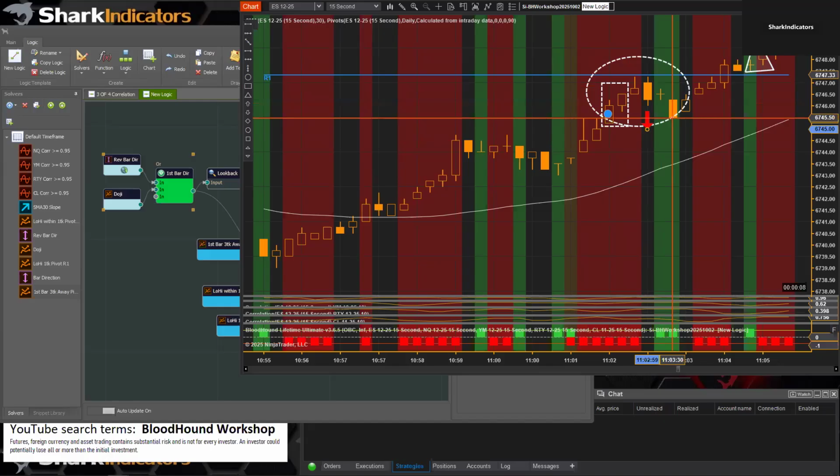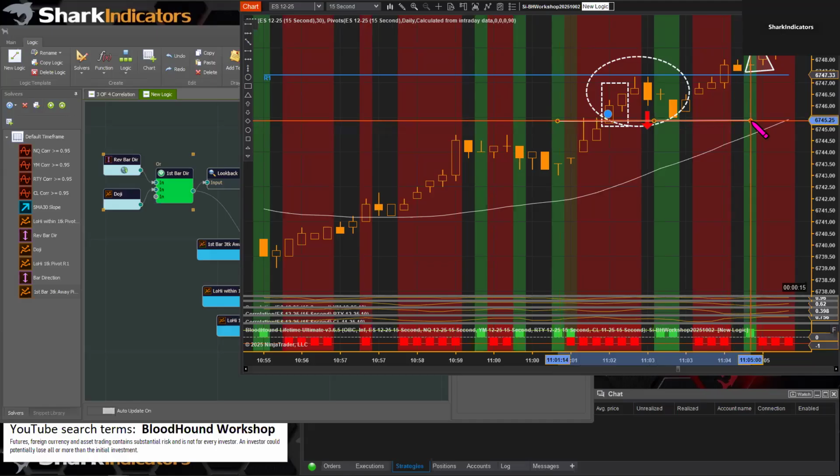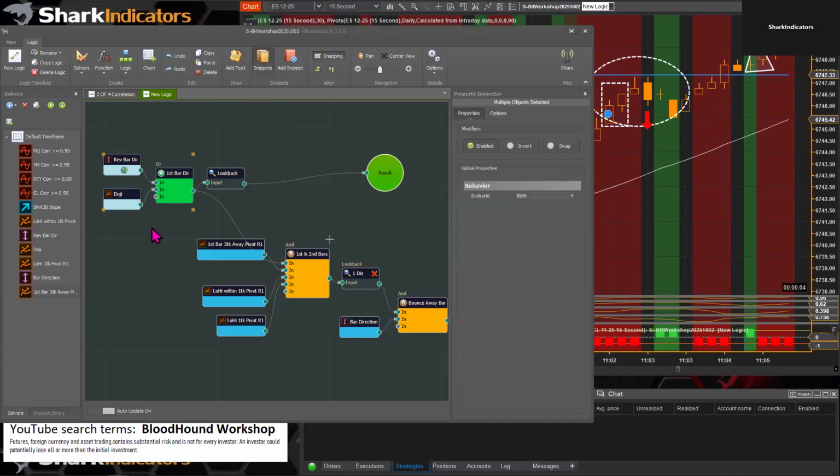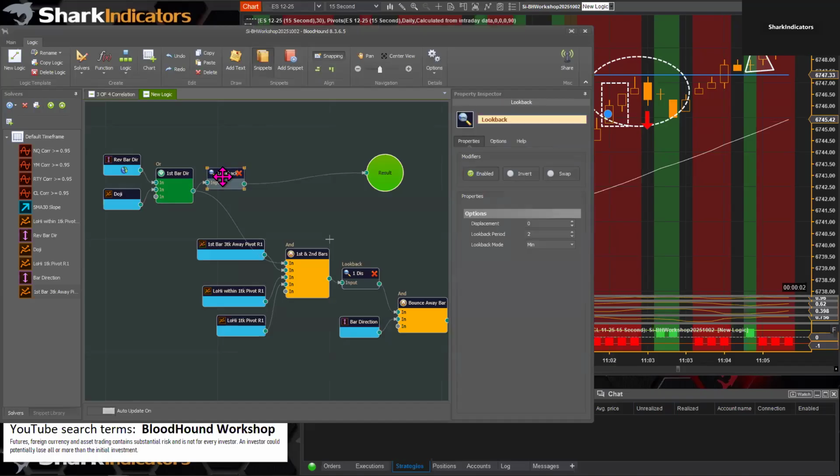And then vice versa, imagine if we had a support resistance line here, there we go, we got bars going down, and so we're getting a long output for this bounce here. Okay. So back to this look back node, now we can just simply adjust this number here and determine how many